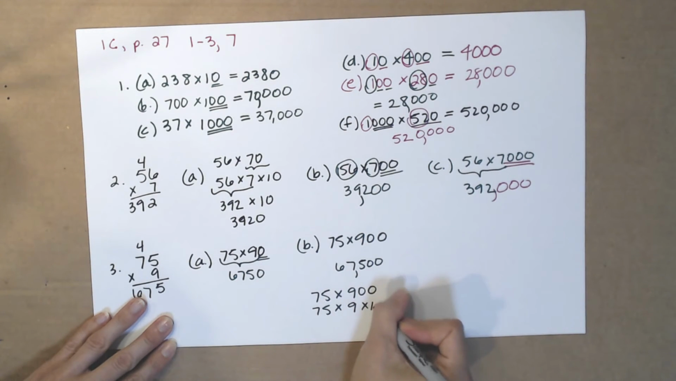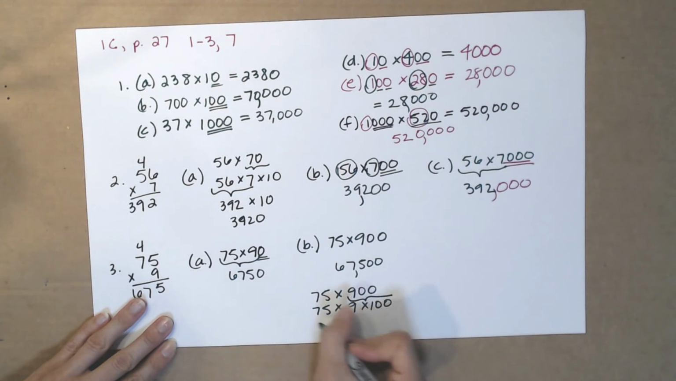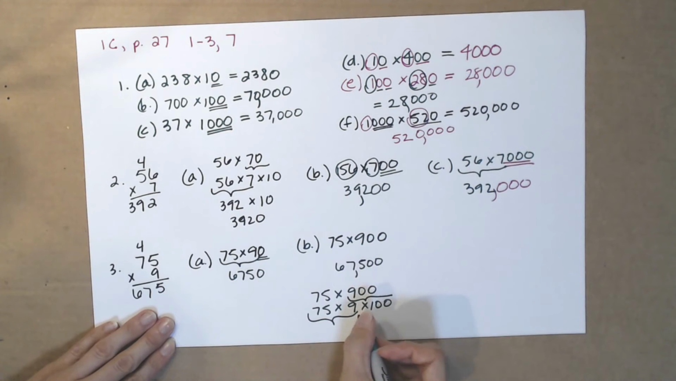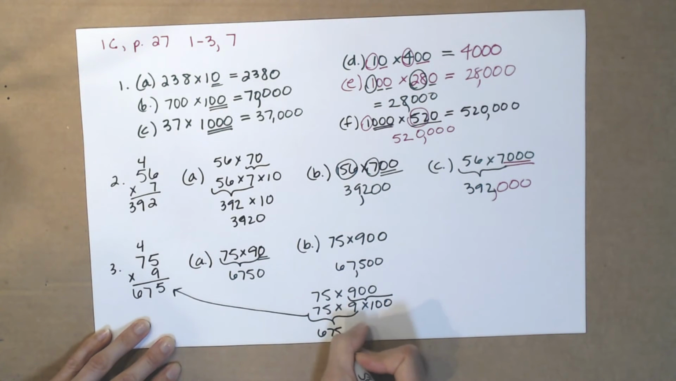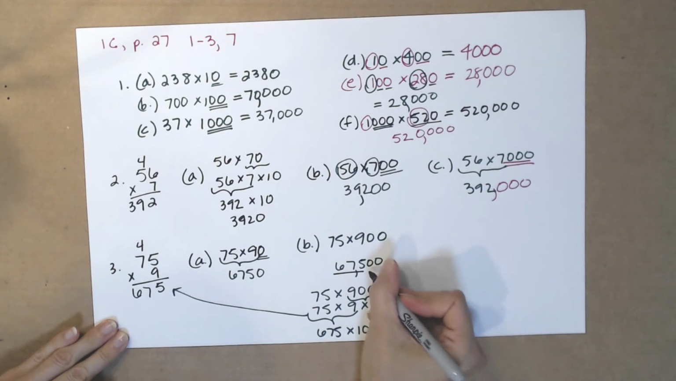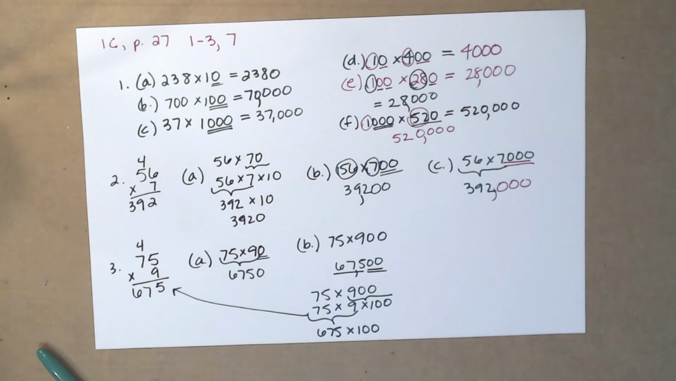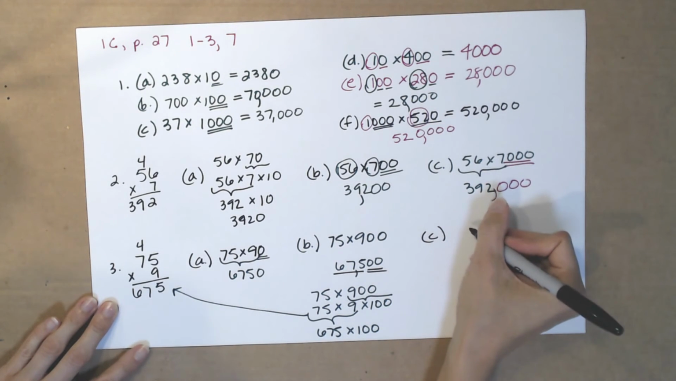75 times 9 times 100, because 900 is 9 times 100. 75 times 9 is that, 675. Now multiply that by 100. So take your 675, add 2 zeros, and you get 67,500. And our last one here, C,